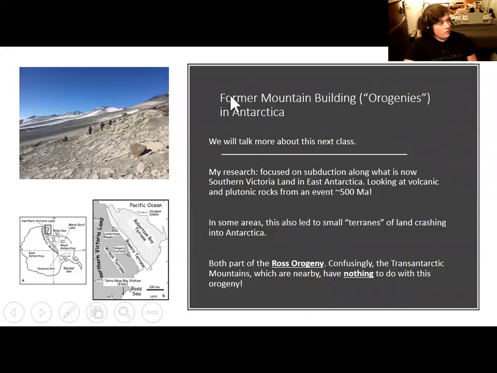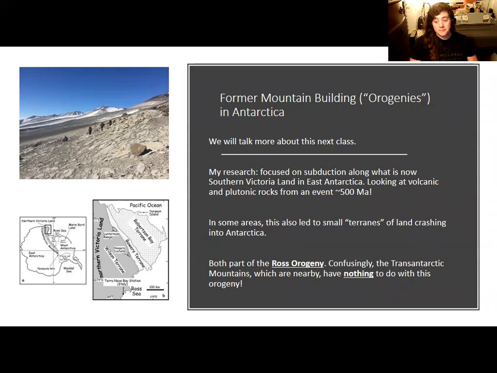And in Antarctica, we had mountain building occurring millions of years ago, hundreds of millions of years ago, in fact. And what I was studying for my thesis was actually one of these events, an orogeny that occurred early on in Antarctica's history. And we will talk more about orogenies and the building of the Antarctic craton later in the course, next